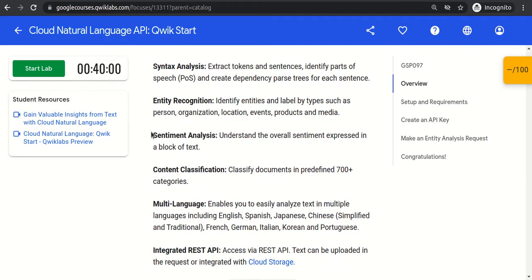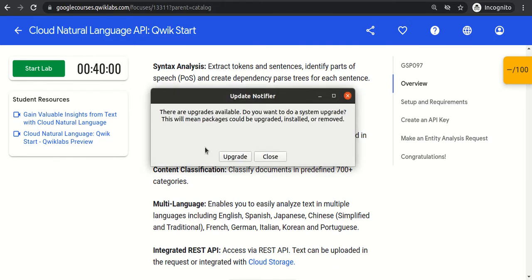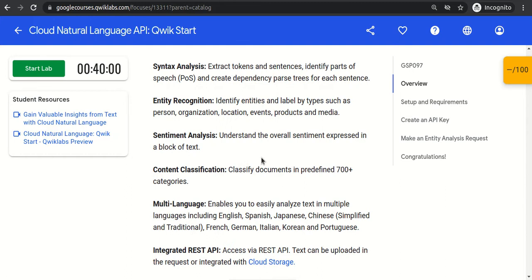We can also do sentiment analysis. Generally on websites like Amazon or Flipkart, people write comments like this product is good, this product is bad. There are thousands of comments every day. One approach is to hire one person to go through each comment and find whether it is a positive or a negative review.